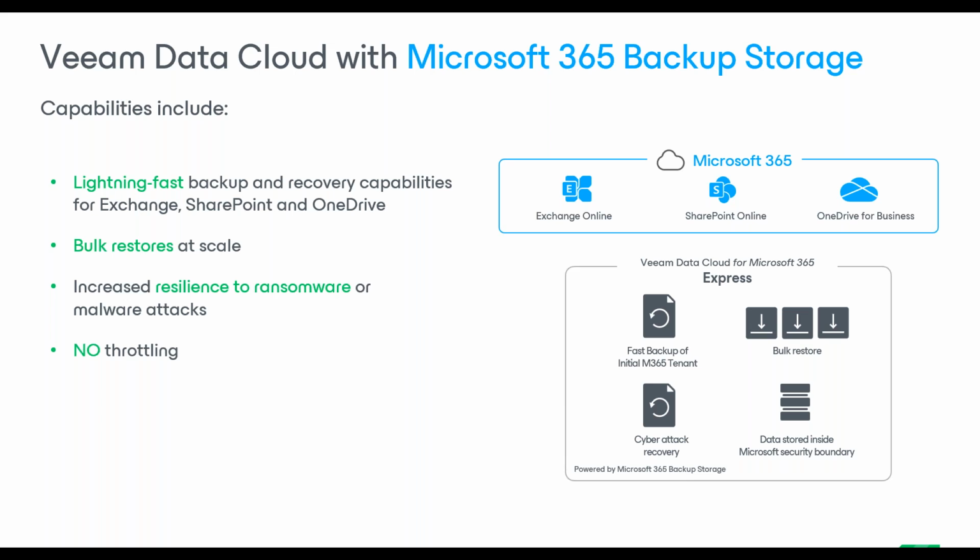Currently, if you have trouble getting a large amount of M365 data backed up at scale, it will be difficult to handle a ransomware attack use case, because you have to wait for weeks or even months to get back your data. Now, with the ability to perform a bulk restore at scale, you get the capability to really be resilient